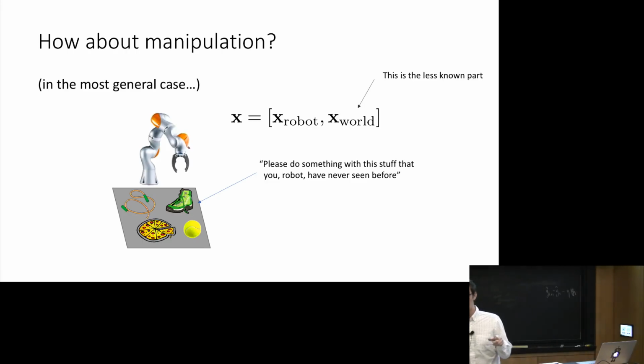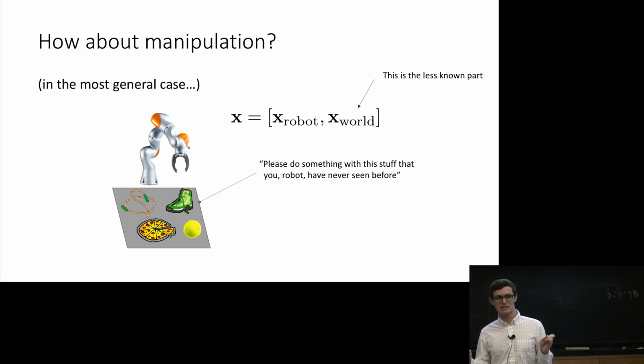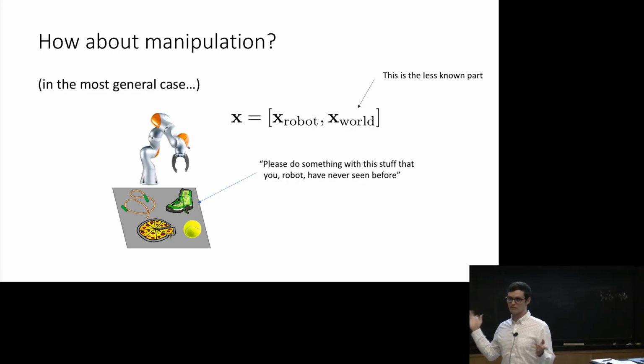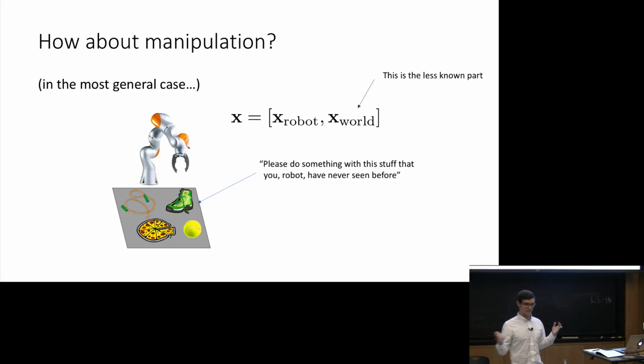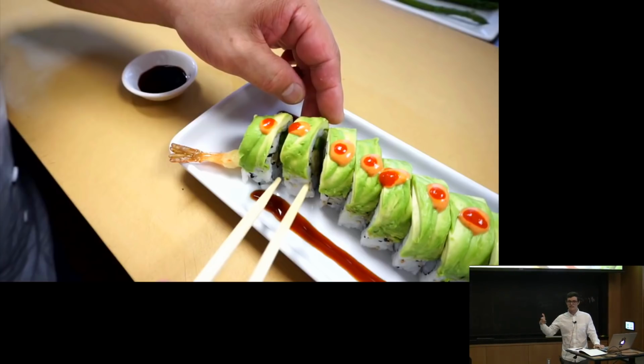And we might know the joint angles of the robot really well, but what is that shoe that I've never seen before, or that tennis ball, or that pizza? How do I represent the state of that, and what's the dynamics? So as a way to use our brains to think about really hard manipulation tasks, what even is all this